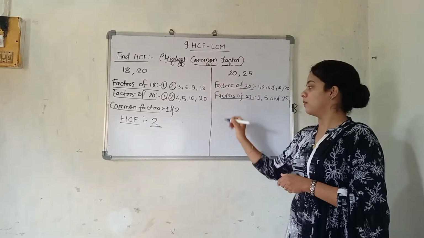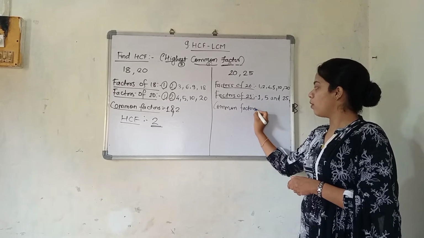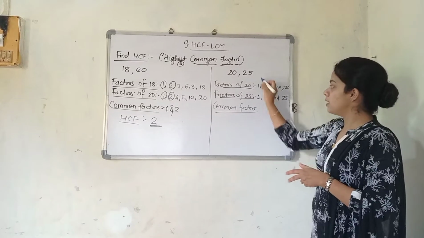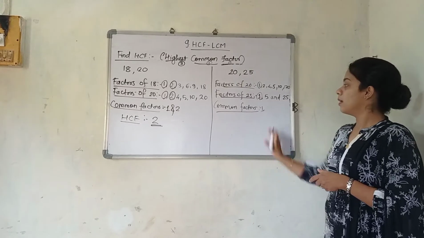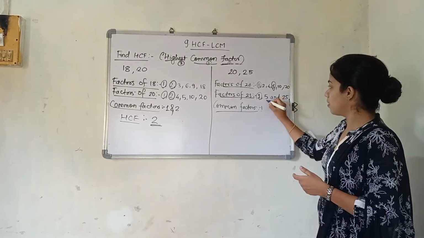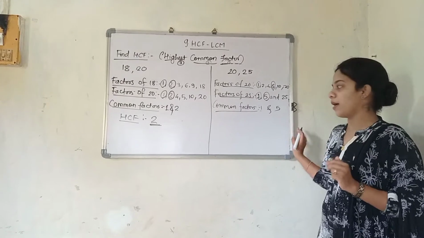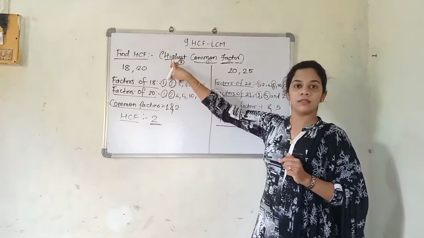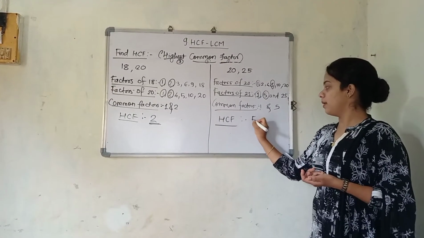Now we will go for the common ones. So now we are going to find out the common factors. Right now we have the factors. Which is common from them, we will see. 1 is common. Yes, on both sides 1 is present. So 1 will be there. Can you tell me any other number which is common on both sides? Yes. 5 is common here and 5 is common here. So only 2 numbers are common, 1 and 5. So can you tell me which is the highest out of them? Which is the highest of those common factors? 5 is highest, so HCF will be 5.